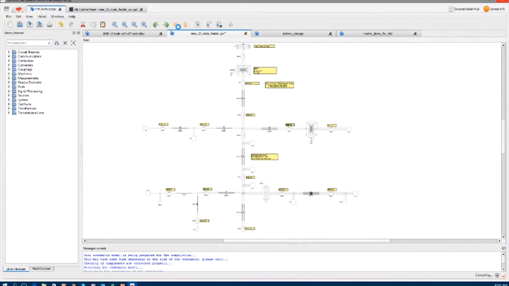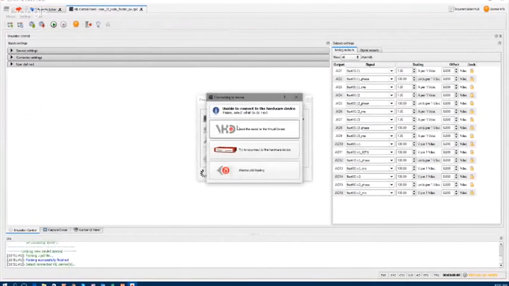So the model is done. The system will automatically switch us to the next step called control panel, where we can set the sources, play with frequencies, change any parameter of the circuit, and do all this while the simulations are running. And then interfacing to the real hardware device, as I mentioned, is just plugging in the USB cable. My PC is a bit slow, so don't mind this. So there we go. The model is done.